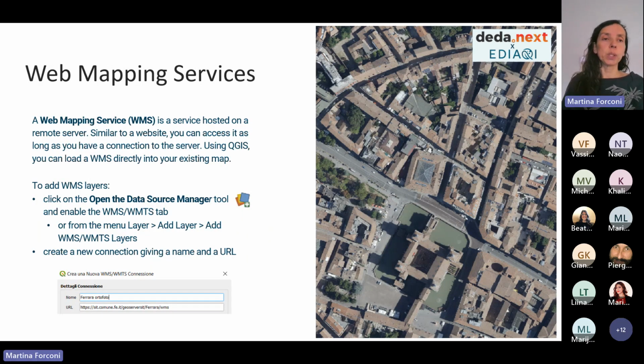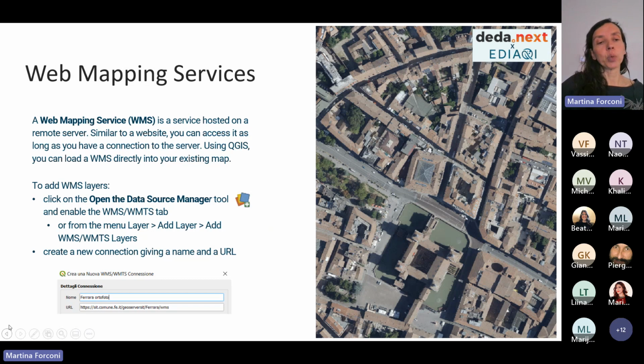Pier Giorgio already introduced a little bit of web map services. This is a service available on a server, and you can add this service to QGIS, but also to other clients, and this is a connection, so you can load the map directly in your QGIS.